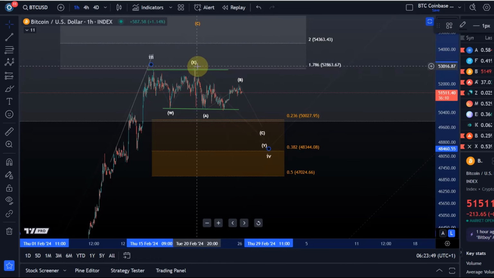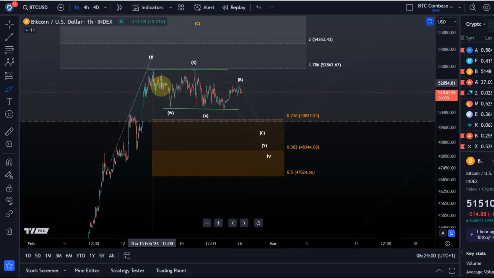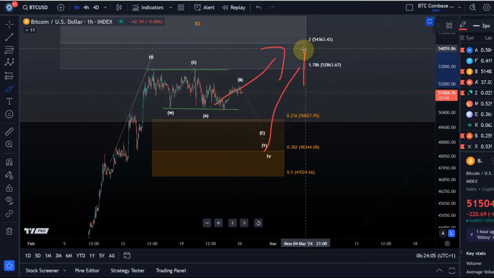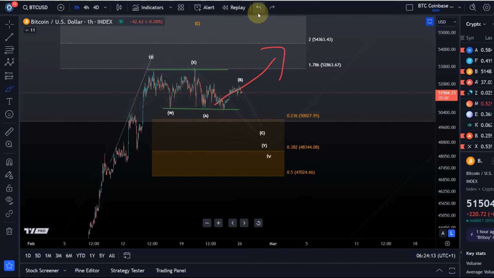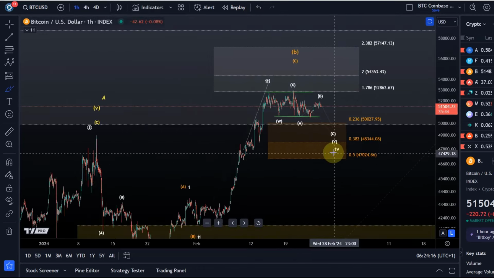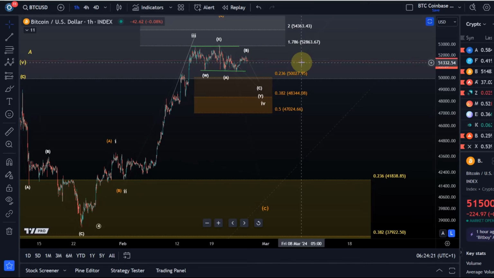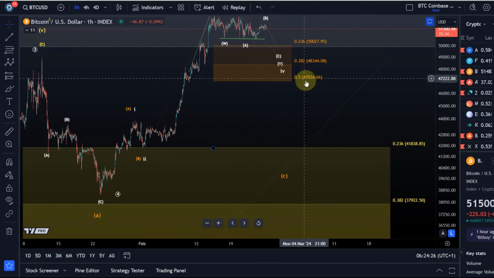The condition would be that the wave X high shouldn't be broken to the upside at 53k. If it is, then we should be looking at more direct upside. And for me, it's in the preferred scenario either a move directly higher or from the orange support area. The alternative wave count will only come into play below 47k. So the $47,000 level remains here my important support on the chart. That hasn't changed. And as long as the price doesn't break below it, I don't have to change my preferred scenario. My preferred scenario here on the 1 hour chart has to change if we see a break below 47k,